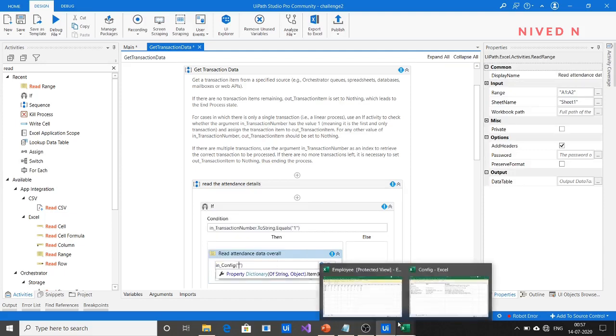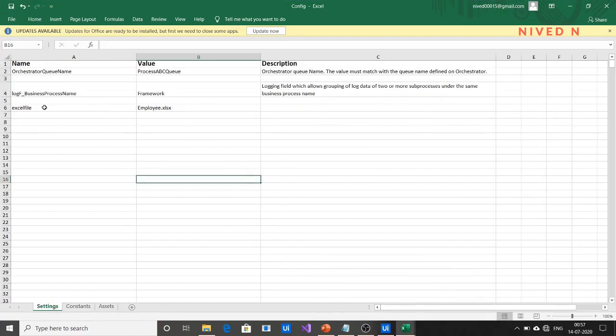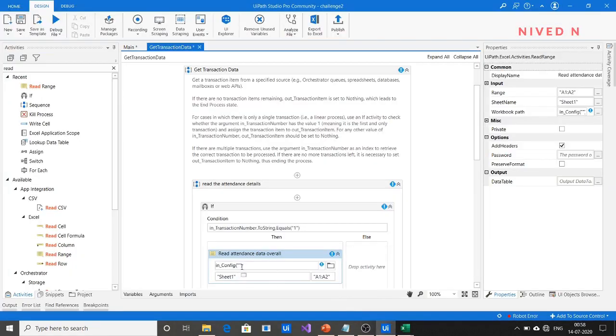So we can specify the key name, that is Excel file. So just specify it here: Excel file. Since we know that the value of the dictionary is an object, we have to convert it to string.